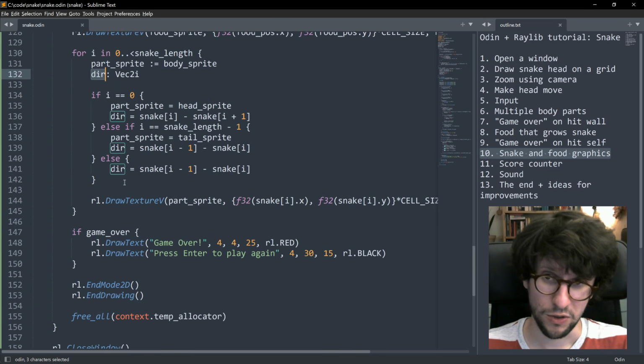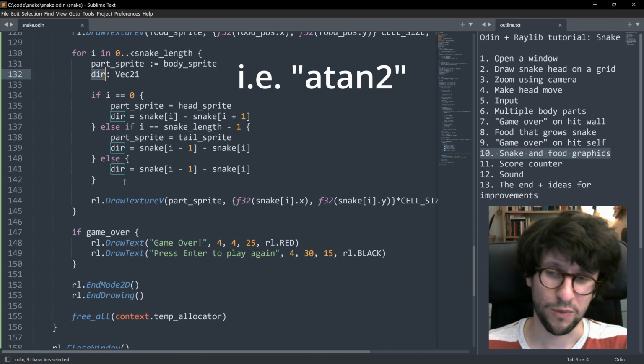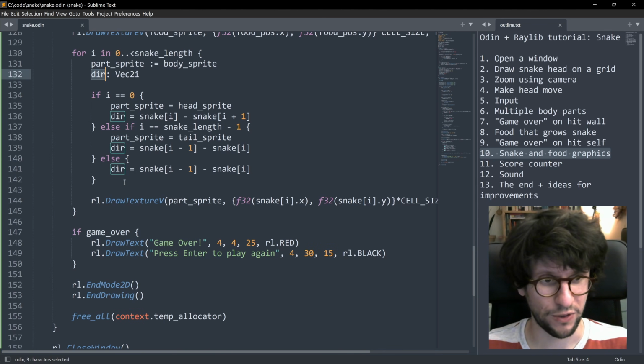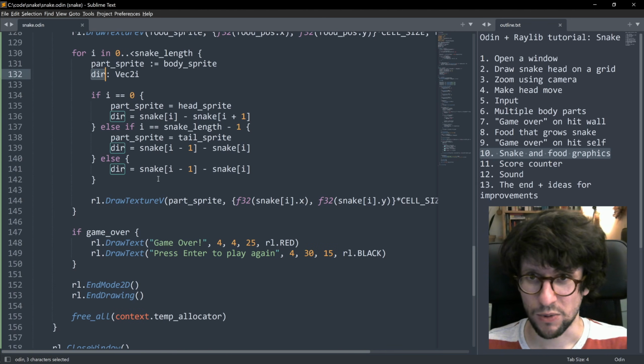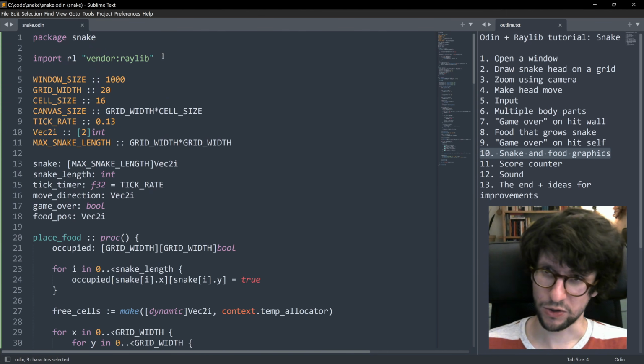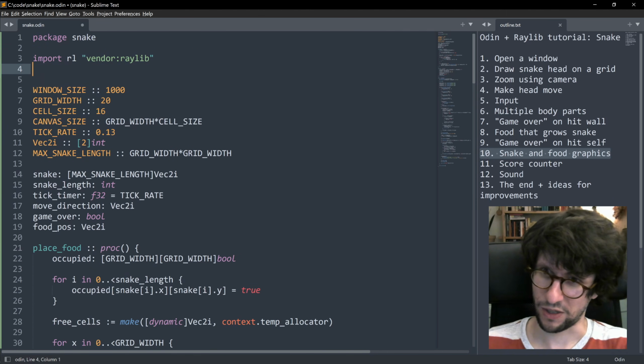Now that you have the direction, you can figure out the angle that you need to rotate the texture by using the 2-argument inverse tangent function. And this function is available inside the Odin math library. So we will include this Odin math library by going to the top here. Just after the RL stuff here, we write import